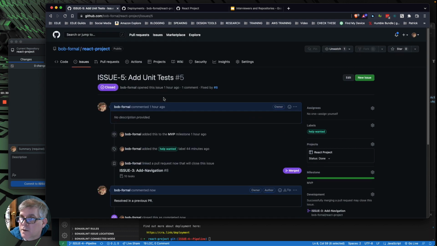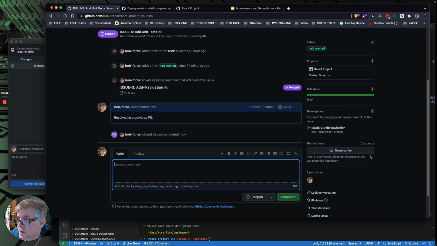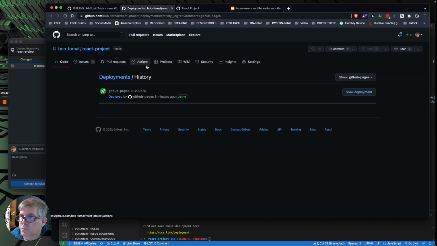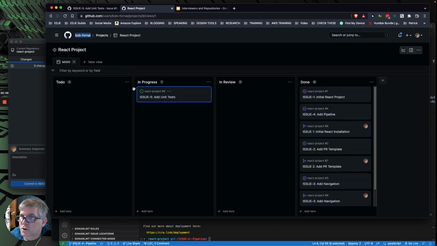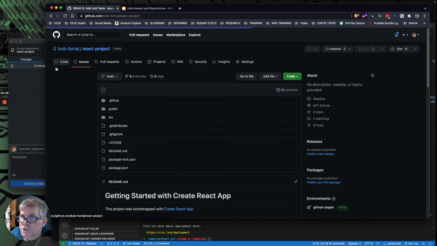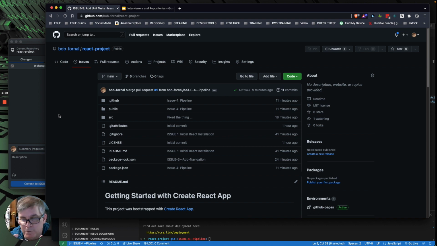Okay, so that issue is now closed. We indicated why it was closed. So a lot of times, you know, on our cards at work, we'll close something for another reason when we indicate the reason on the card. Okay, I don't normally do it on the issue, but we treat these kind of like our cards. So if we look at our, not our project there, if we look at our board, that now moved to close. So everything's in close now. So I'm going to close out that and come back over here. And so, how do I look at this?